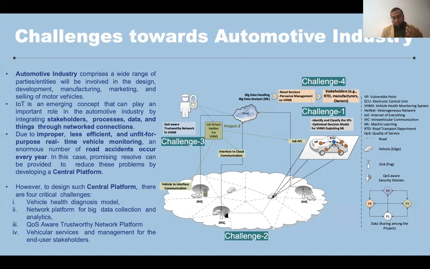In this domain, IoT can play an important role, where we can integrate stakeholders, processes, data, and things through network connections. We have noticed lots of road accidents and other important issues can happen because of improper, less effective